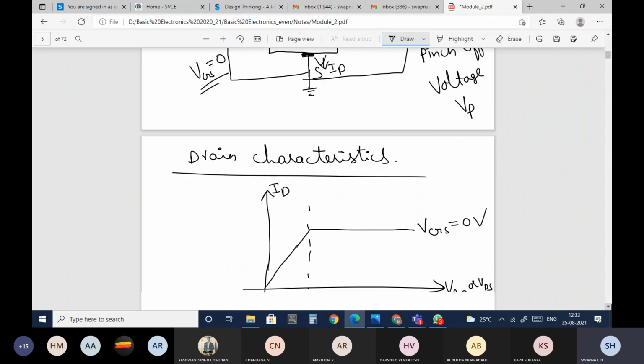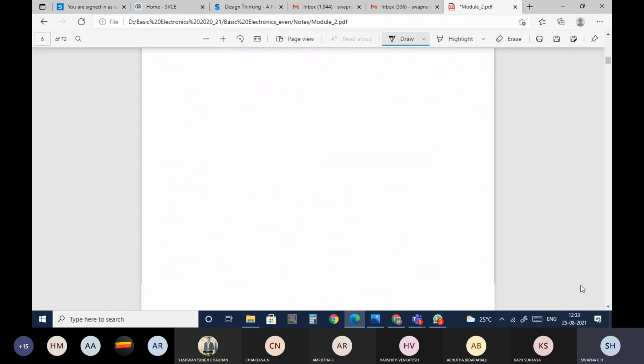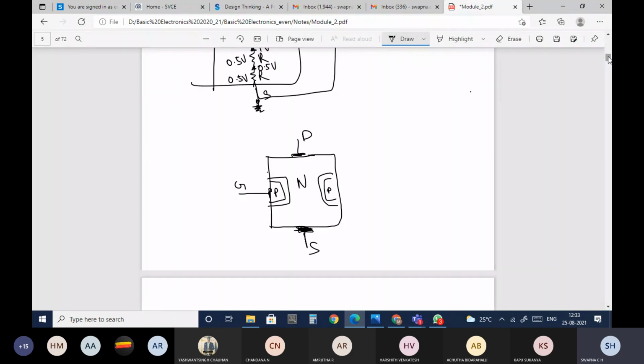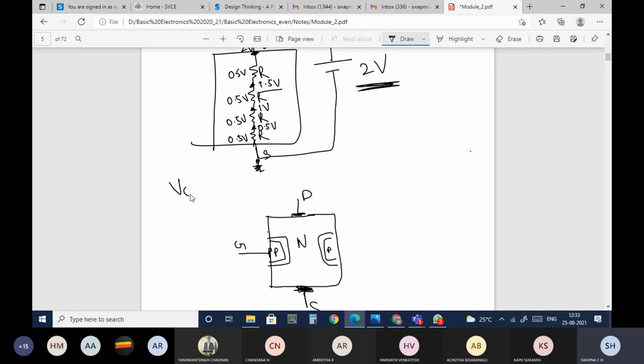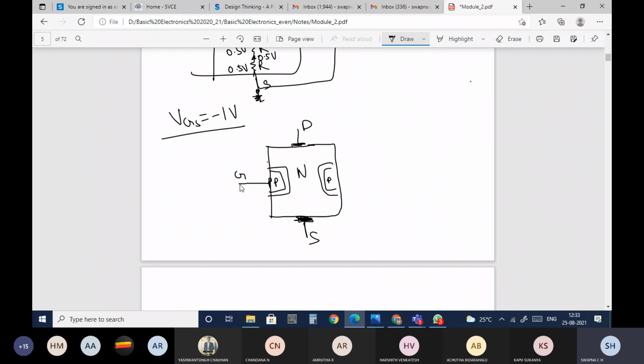Now I will not make VGS equal to 0, but I'll provide some voltage. VGS I'll give as minus 1 volt, a negative voltage. In the sense that the gate will be connected to negative and the drain to positive, and between drain and source I'll provide the voltage VDS or VDD.